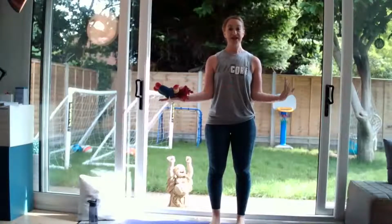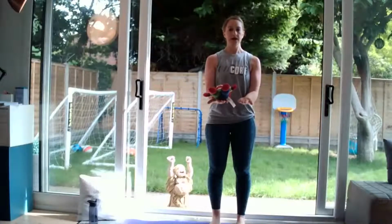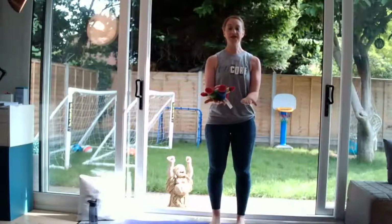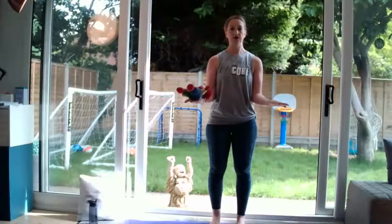So here you're just stretching into the front of the shoulders. Yes, again, without popping into the ribs here. But this is just a nice one, again, to open up the front of the chest. And then just take that breath, nice and steady, down, open,